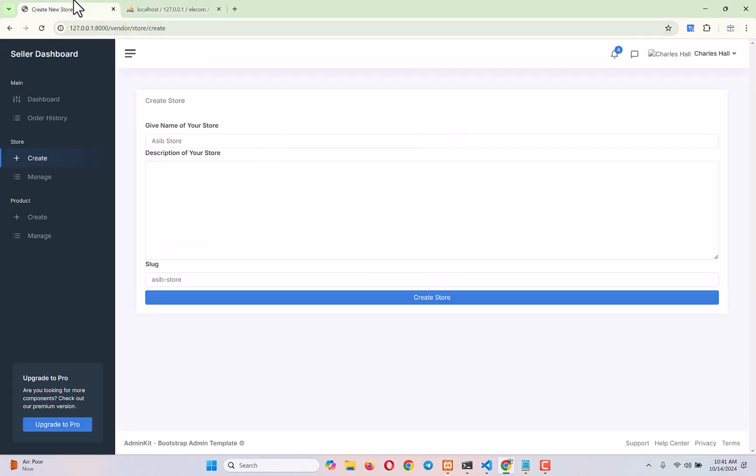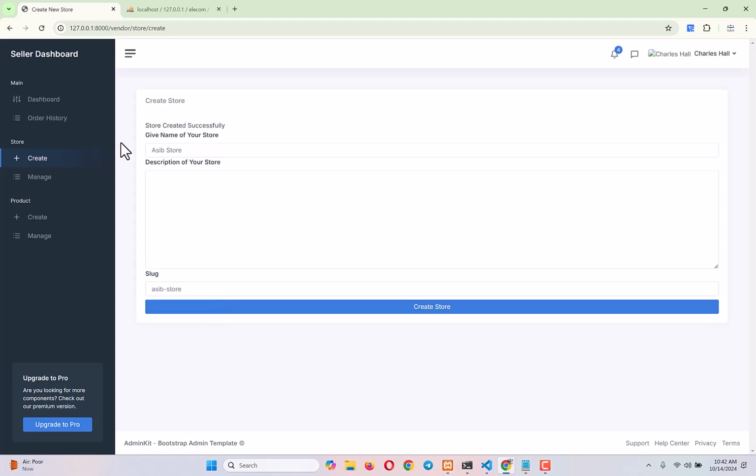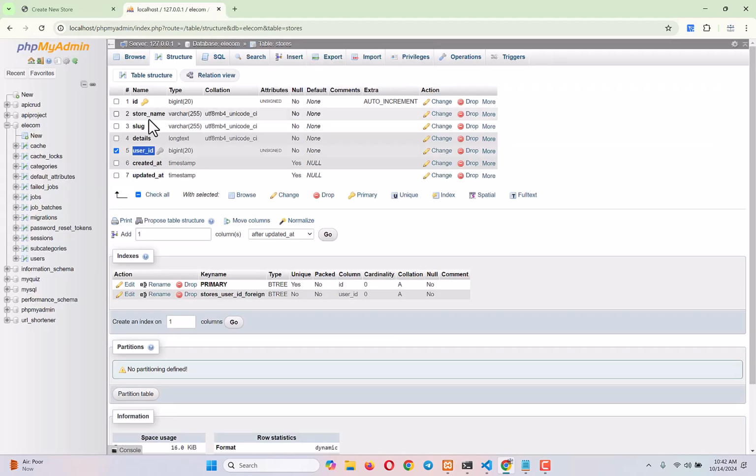Now refresh the page. Let's try to create a store, an ASIBUR store. This is the first store. Slug is going to be asibur-store. Let's see. Store created successfully. Go to our database